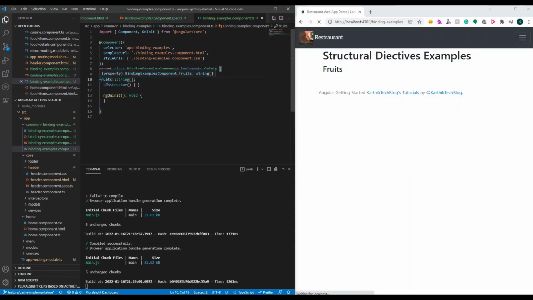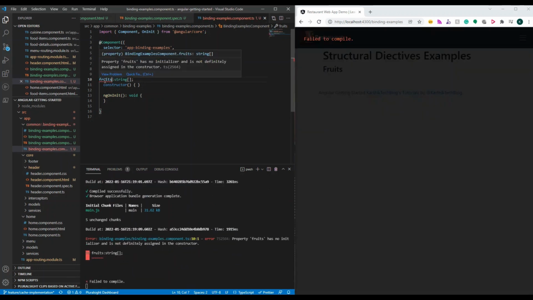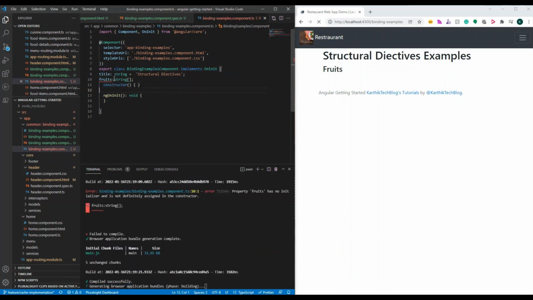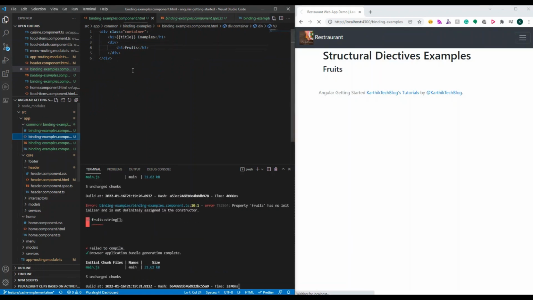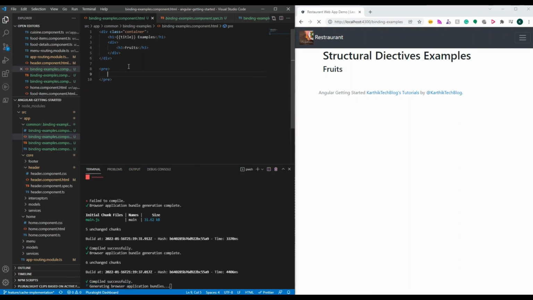Here again, undefined property, right? As soon as you remove this, it's going to show you an error which says it's not initialized. You can initialize it here by saying array, then this will go away. In our case, we are not going to do that. What we are going to do is leave this. Now there is an easy way of identifying a few things, right? If you come here and you want to know what the property values are, what you do is